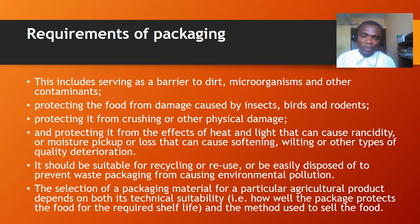How do we plan to sell the product? 100 gram, 50 gram, 250 gram. We need labels and fine designs. All these things are things we need to put into consideration. How do we want to sell the product? What is the